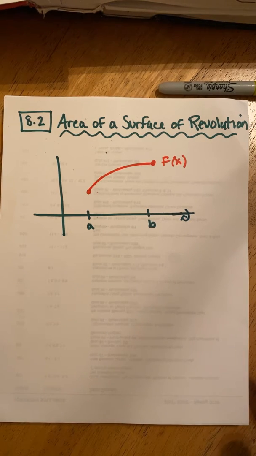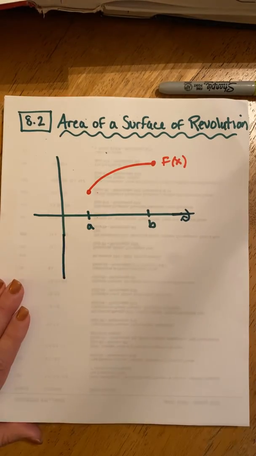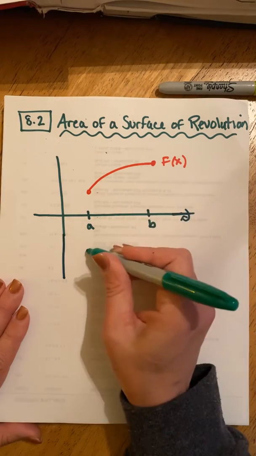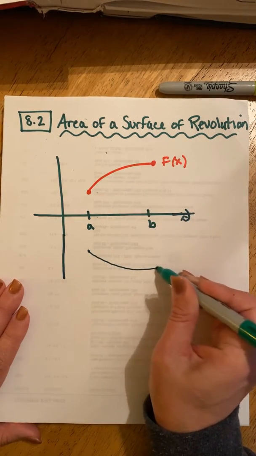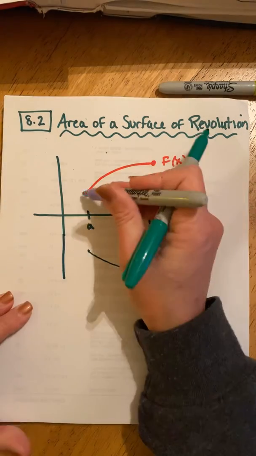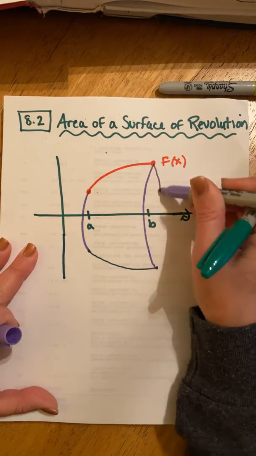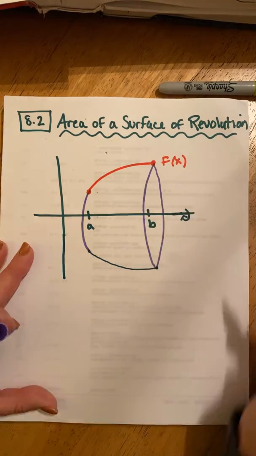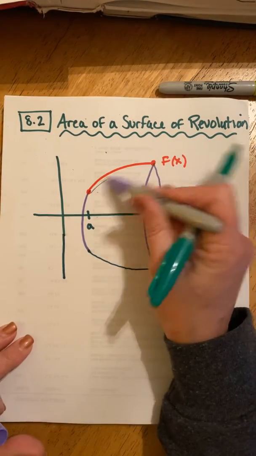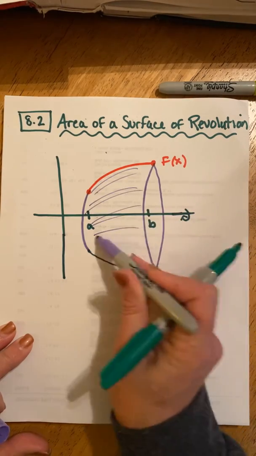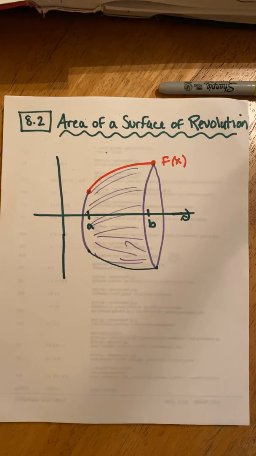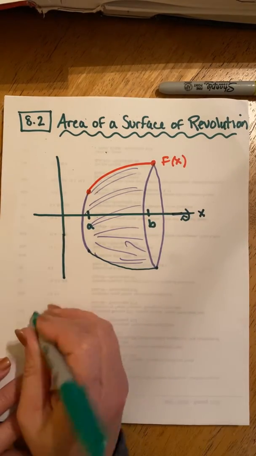We're going to rotate it about the axis, and we're going to see how the surface area behaves as opposed to the volume. Last time we talked about the volume. If we rotate this about this axis, it would give us this sort of shape. This particular function would give us a bowl shape. But instead of calculating the volume of the bowl, we're just going to look at the surface area: how much material would we need to cover the surface of this shape obtained by rotating the function f of x about the x-axis. The answer to that would